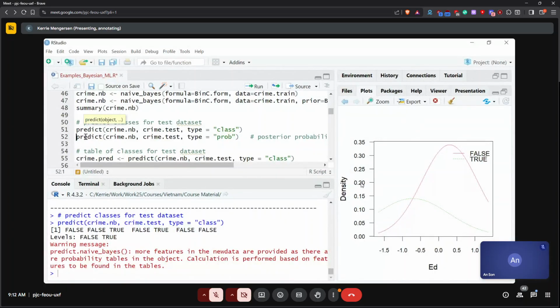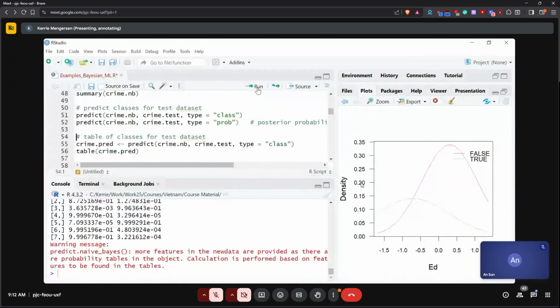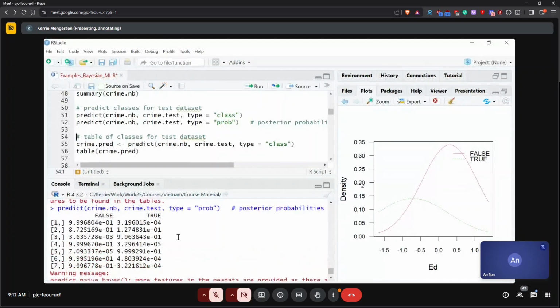And if I want the posterior probabilities, not just a yes or a no, then I get that as well. So for each of these observations, I get a probability of being false and a probability of being true. This first test observation here, a very, very strong chance of being false, 0.9997.